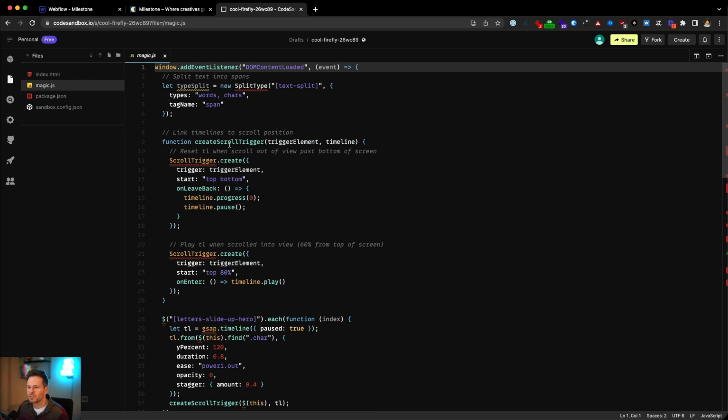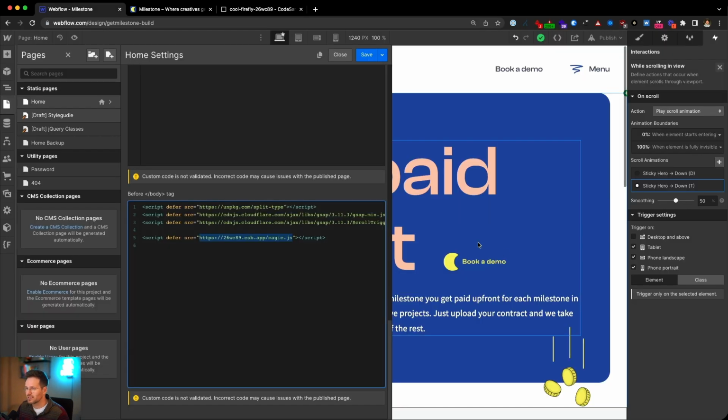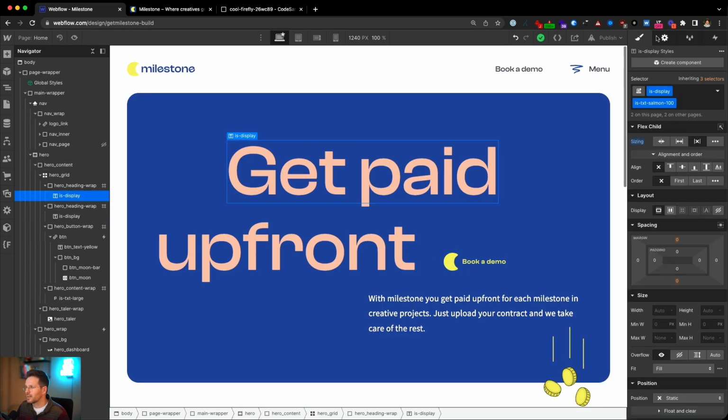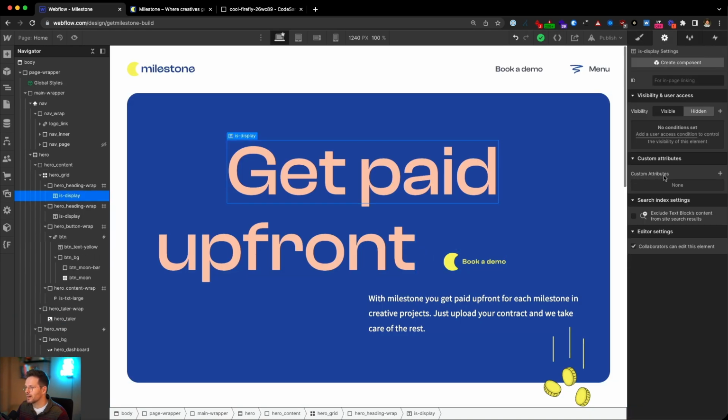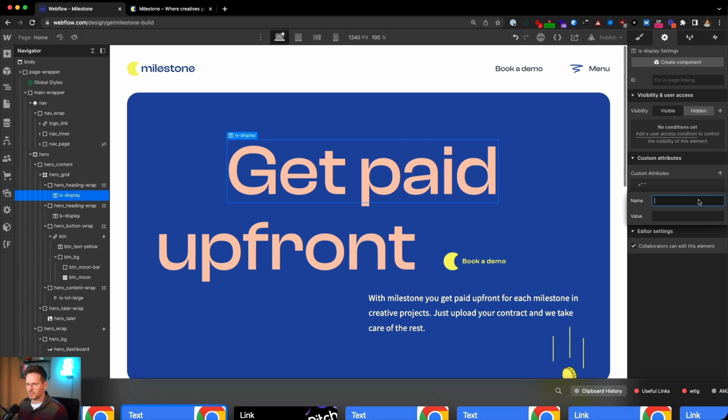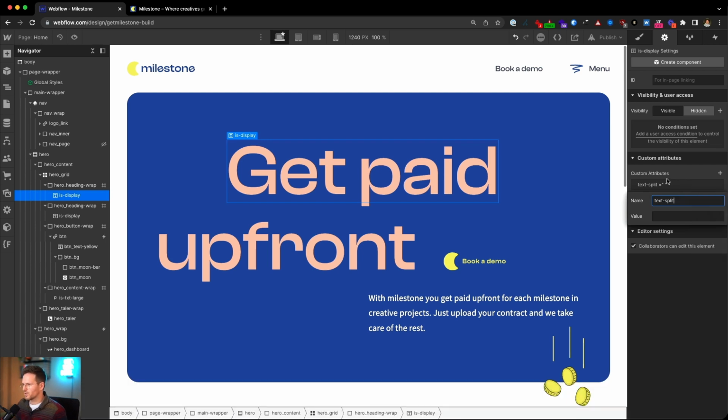I will not go into detail of this code now because all we need is just to add these scripts, and of course we should save it, and then we need to add some custom attributes here. It's actually two that we need to add. The first one is for the text split plugin, so each letter gets wrapped with a span.